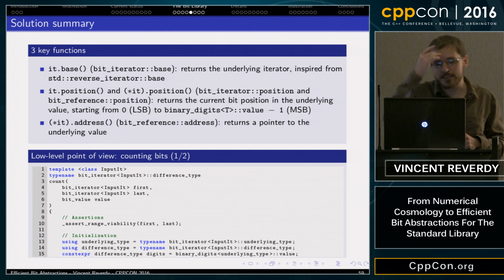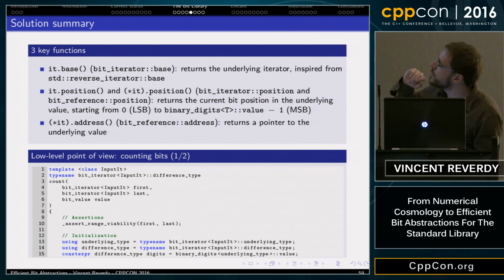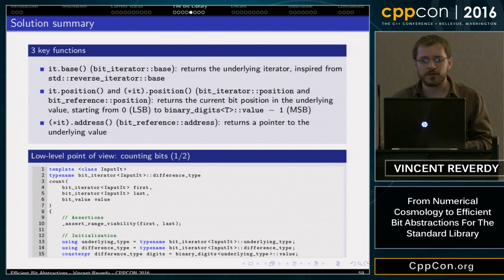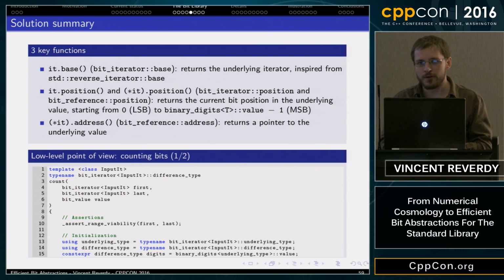Then a bit iterator also gives you a member position, which gives you the current position of the bit within the value it refers to. You have the same member function on a bit reference, and I will explain this later. And then on a bit reference, you also have a member address that gives you a pointer to the underlying value.